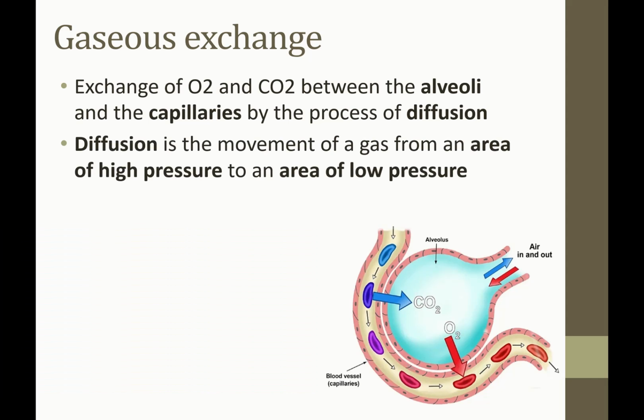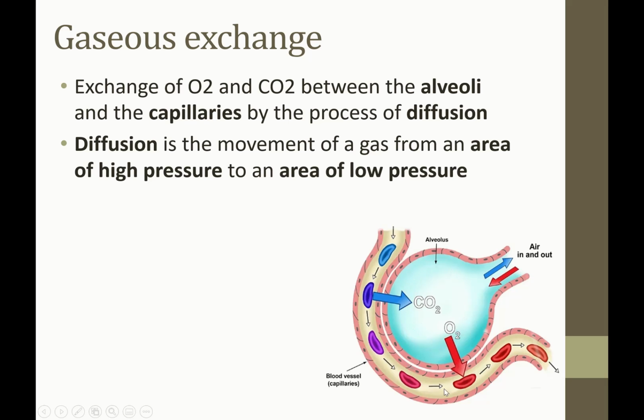Now, the way that those gases are able to exchange is through a process known as diffusion. And this is very simply the movement of gas from an area of high pressure to an area of low pressure. So if we take inspiration, for example, where we're breathing in a new batch of oxygen and we take it from the trachea into the bronchioles, into our alveoli, then the pressure in the alveoli is higher than it